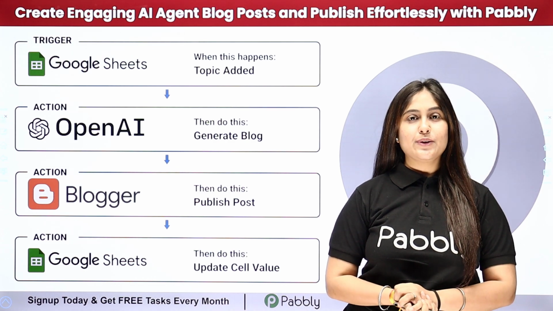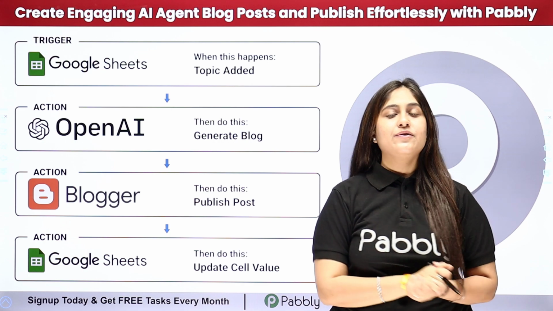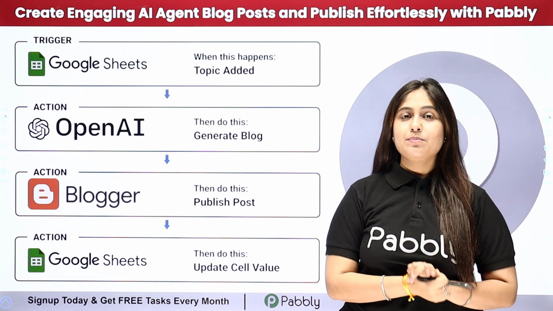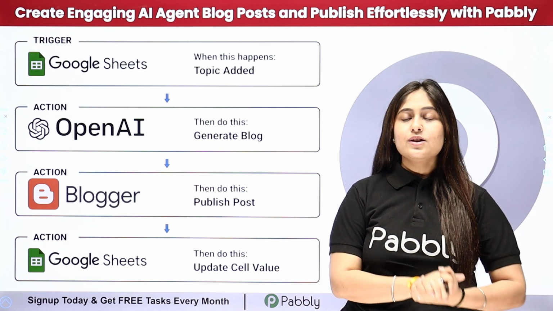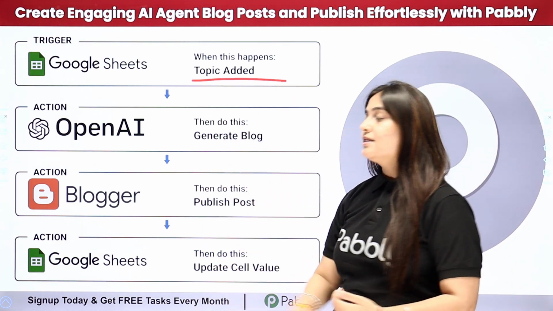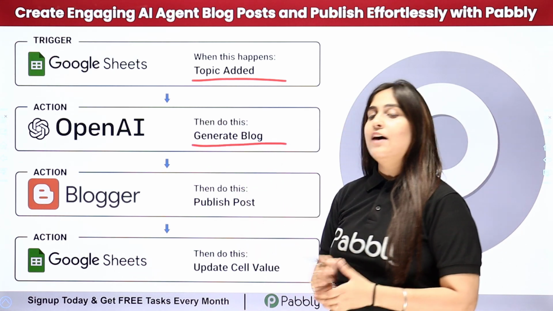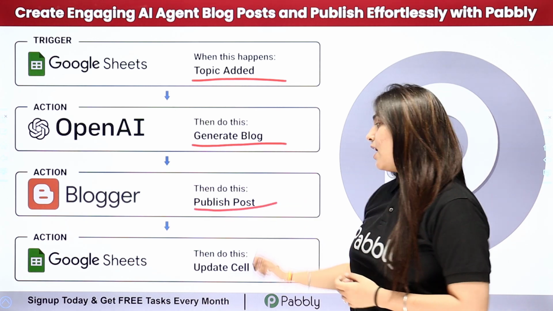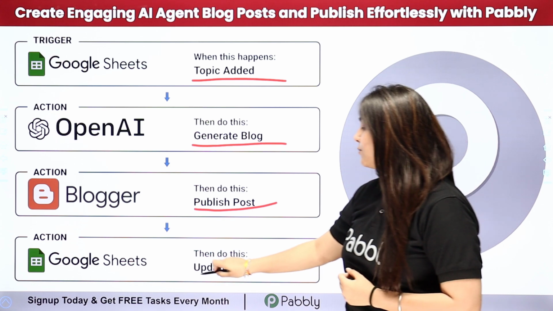In this video, we are going to understand how to create engaging AI agent blog posts and publish effortlessly with Pabbly. So as a content creator, I want to create and publish my blogs on Google Blogger automatically using an AI. So now here my objective is that when I add a new title in my Google Sheets, then automatically using the details, OpenAI should generate the blog, and after that automatically that blog should be published on my Google Blogger account, and after publishing the blog automatically the status for the same should be updated in my